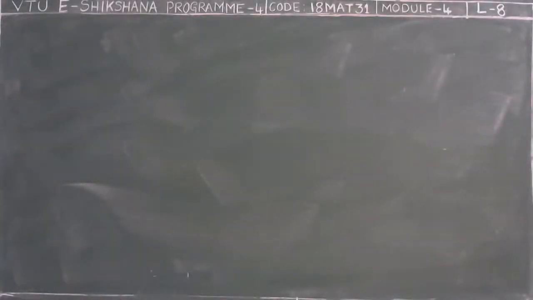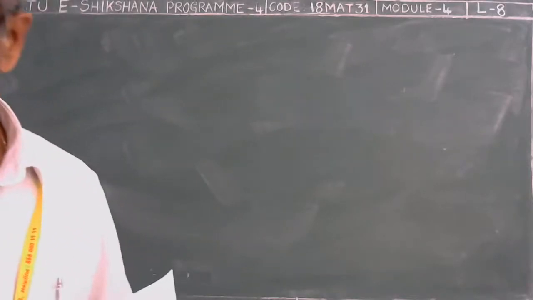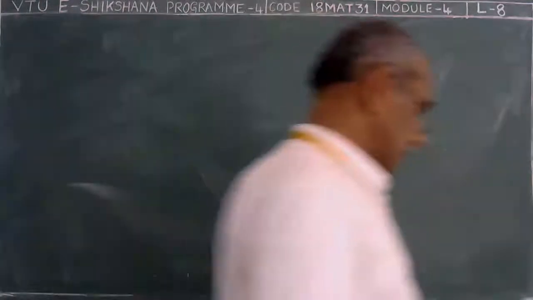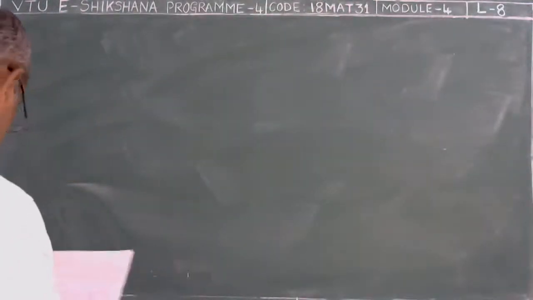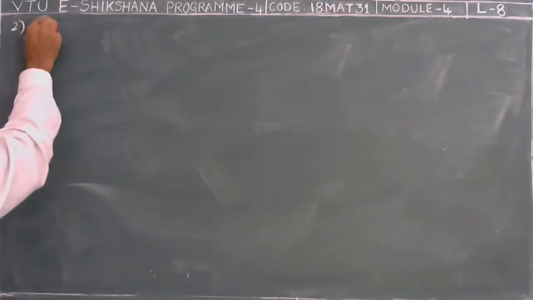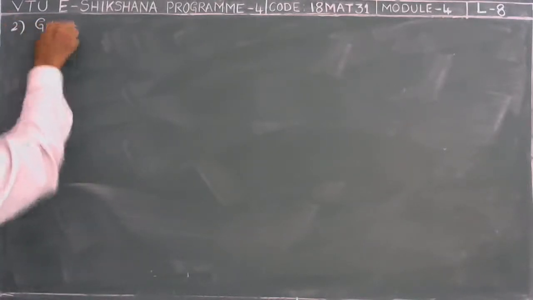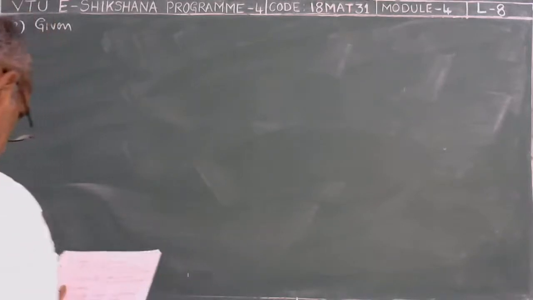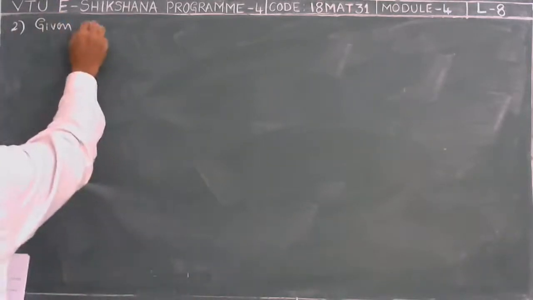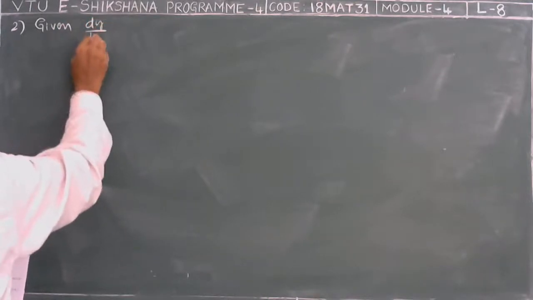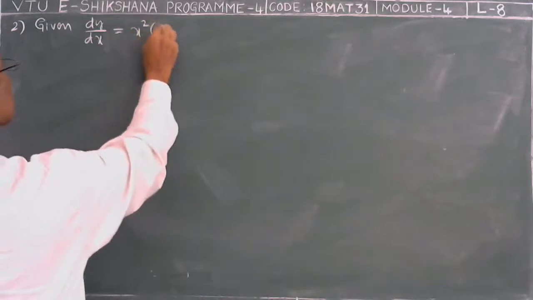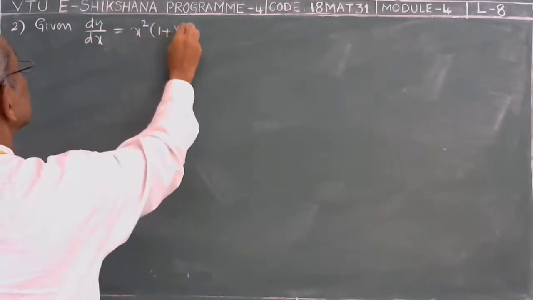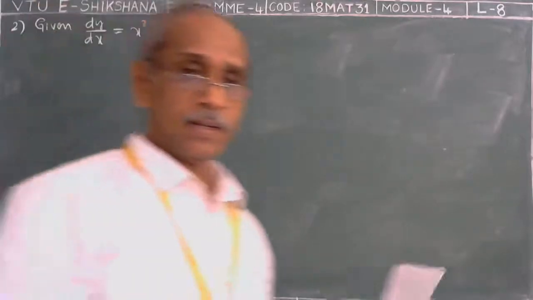Problem 2. Given dy by dx is equal to x square into 1 plus y,